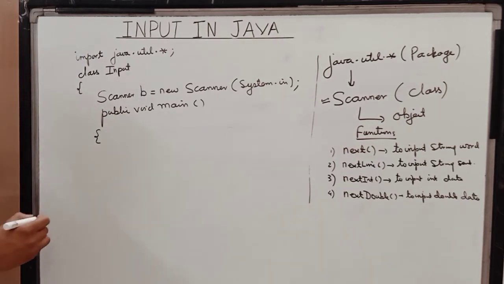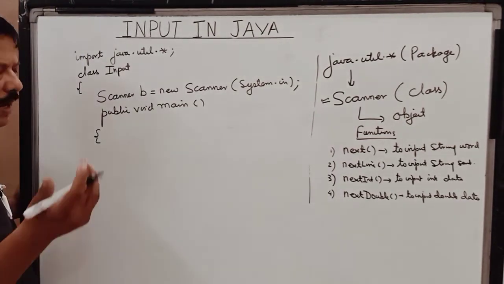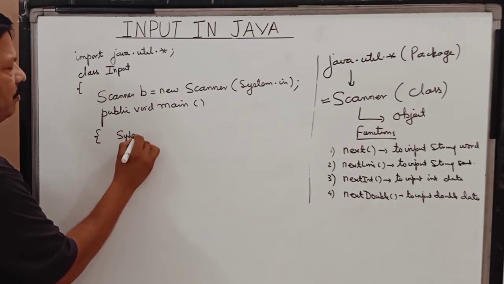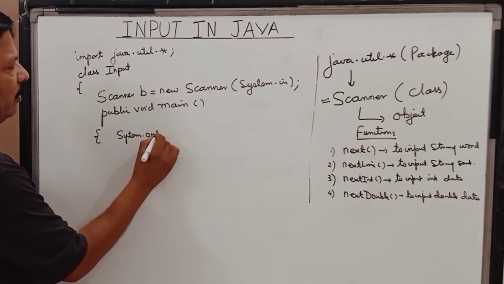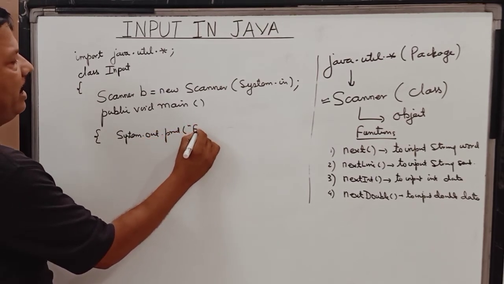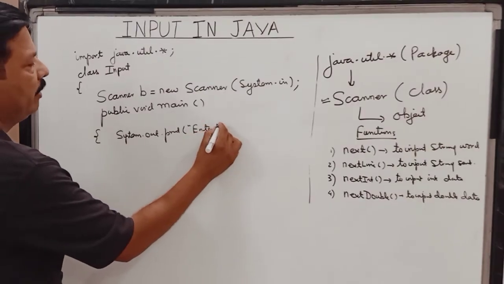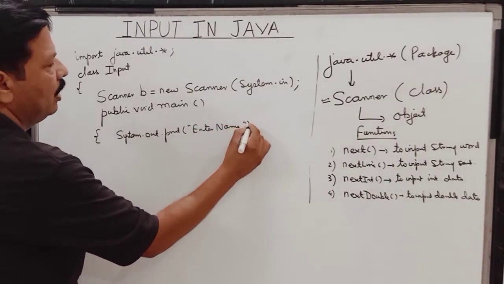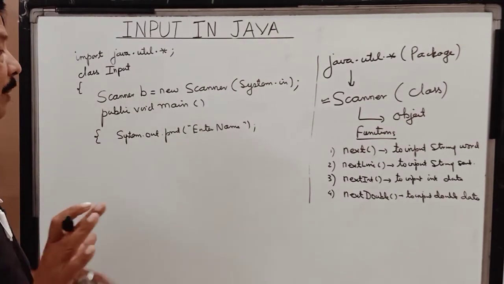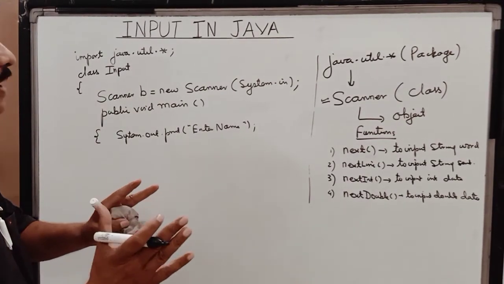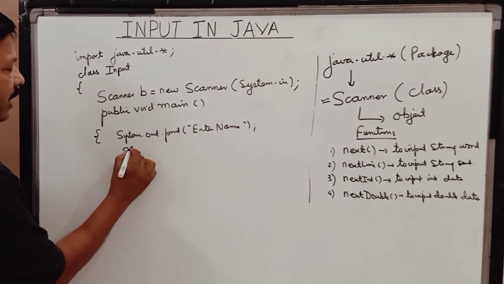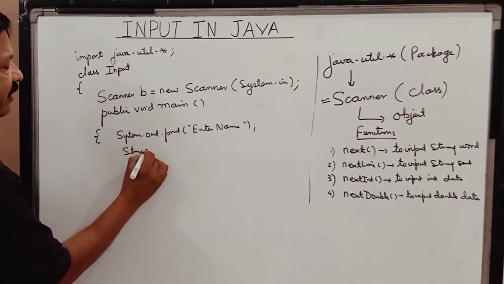Now children, say I want to enter a name. So what I am going to do, first of all children, I am going to write a message, or say I am saying enter name. Now children, this statement is not doing anything in the program, but it is only displaying a message like enter name. And now children, to enter a name, name is a string, so I say String n